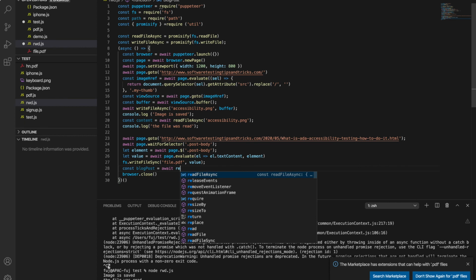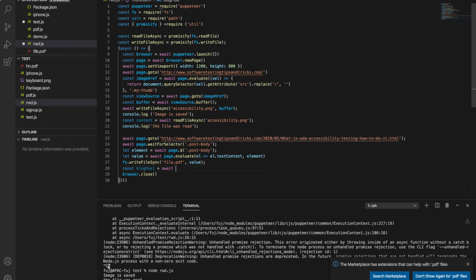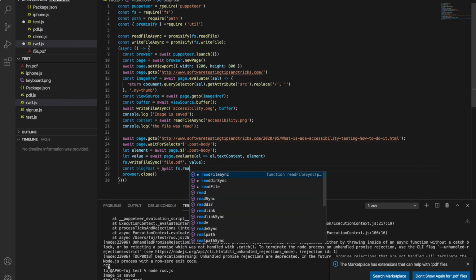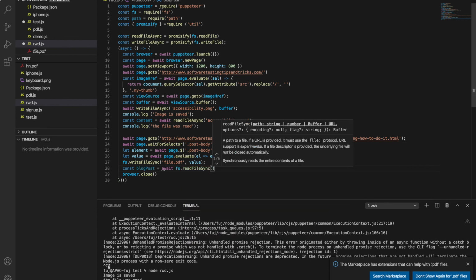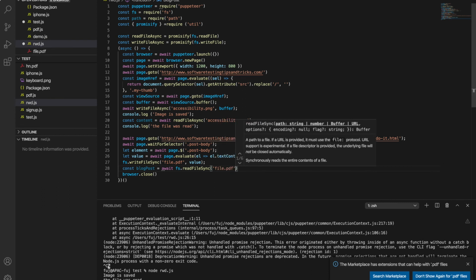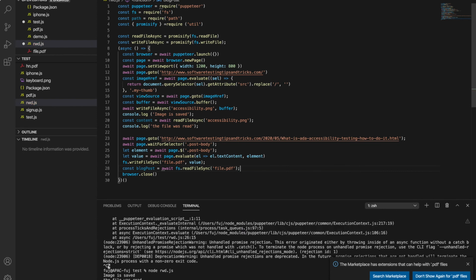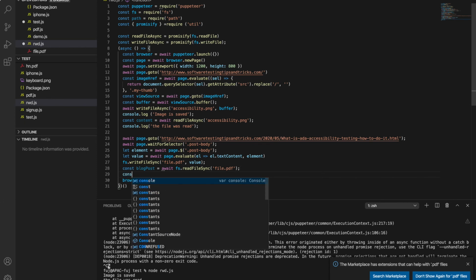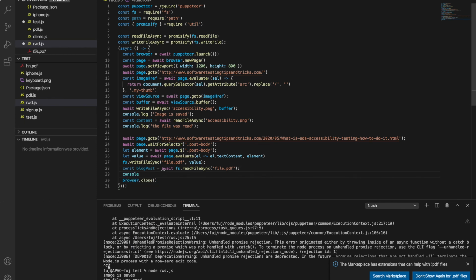We can use readFileSync, and I want to read file.pdf. That's what I want to read, and I will log this whole blog post so we can see what's in that object, whether it is getting read or not.